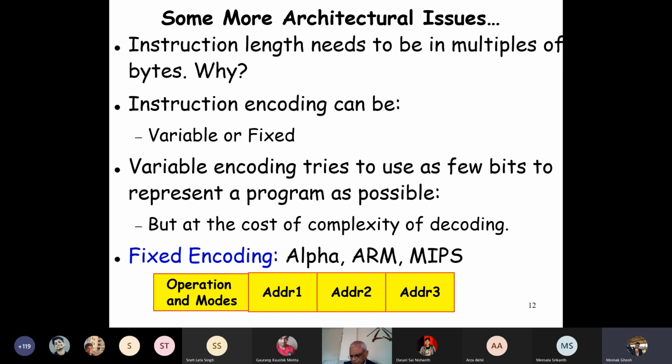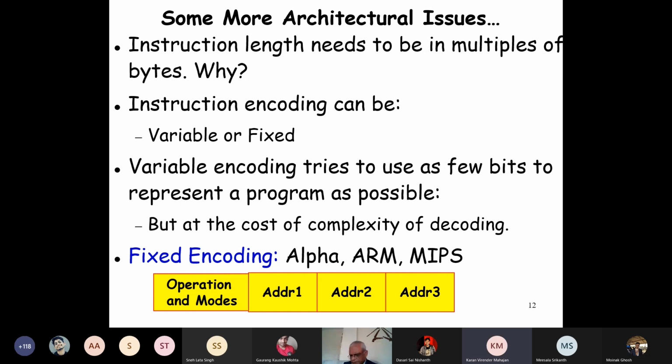If I have a 16-bit memory, I'll have to store that line of instruction in that memory, so I'll have to use multiples of bytes. Not very clear. Mainak, not very clear. Now, can anybody give a clear answer? Sir, instruction lengths when stored in memory can be directly pointed to another memory location if they are in multiples of bytes.